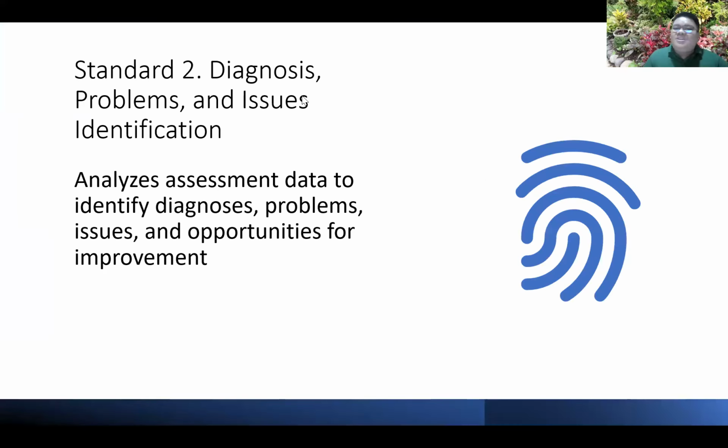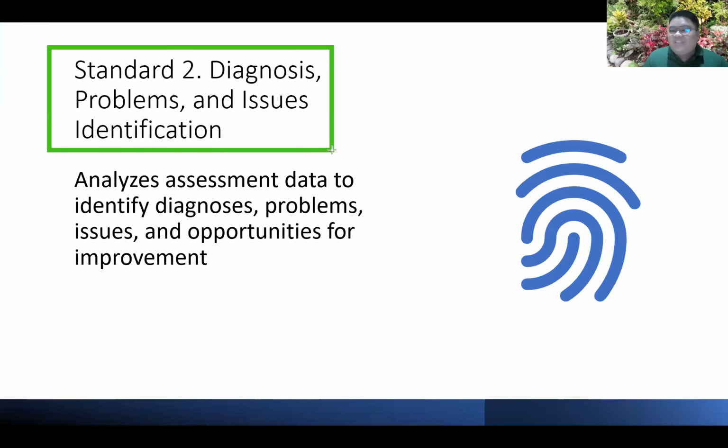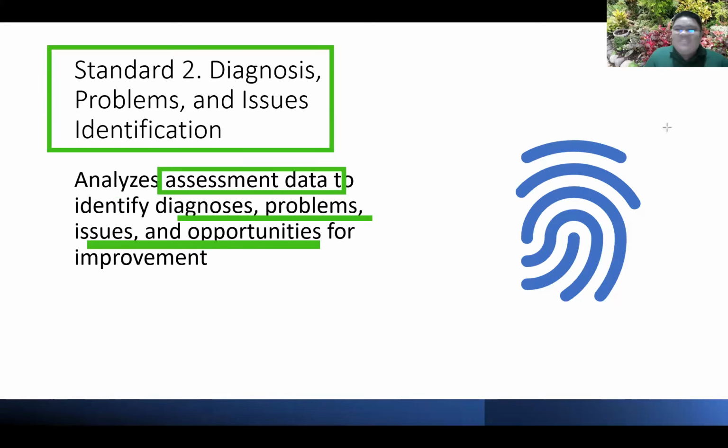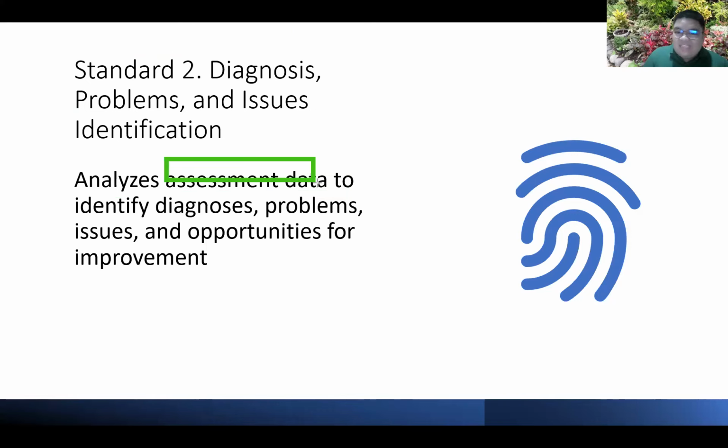Okay? Now, standard 2, diagnosis, problem, and issue identification. Just like your nursing process, after assessment, you will have diagnosis. And it will use the assessment data to identify the diagnosis, problems, issues, and opportunities for improvement. Ano naman ang key message dito, class? Na yung ginagamit talaga natin is the assessment data for us to know kung ano yung problema ng ating system